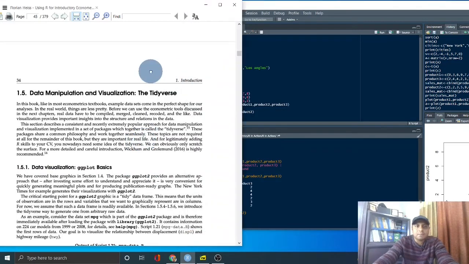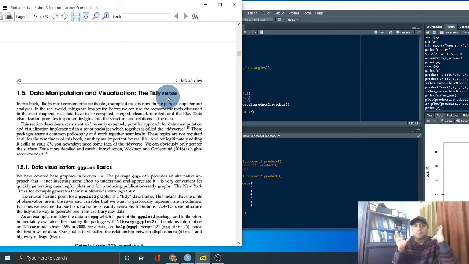There is another piece of information, the tidyverse, that we will discuss in some other video in this series, because tidyverse is not needed for our econometrics class. In a future video I will describe tidyverse completely, in section 1.15.